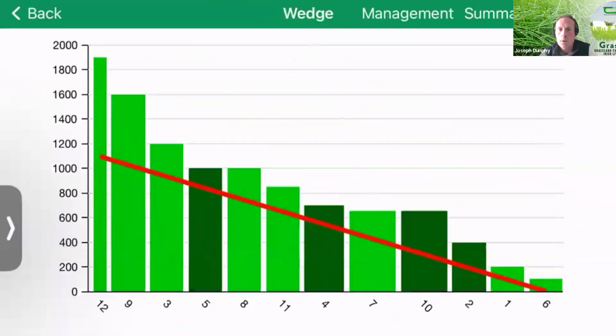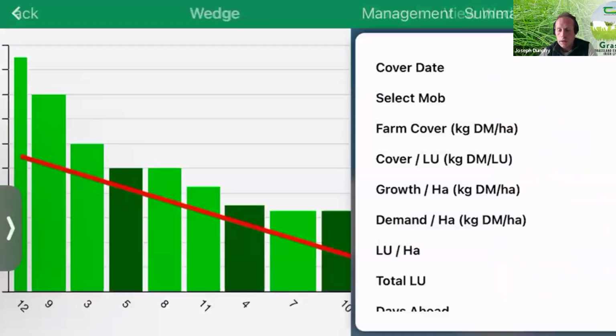So I hit view wedge, and I turn my phone sideways, and it gives me a picture of the wedge and what's happening. Again, the red line is a demand line that is coming from the intakes that I have offered, and the stocking rate on the farm. So if I hit summary there for a second,